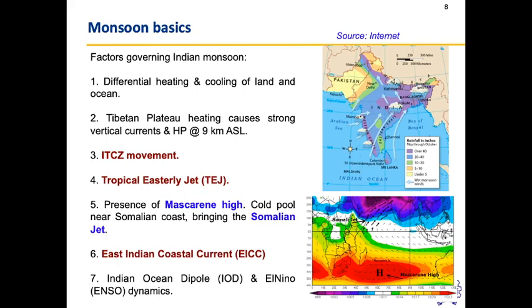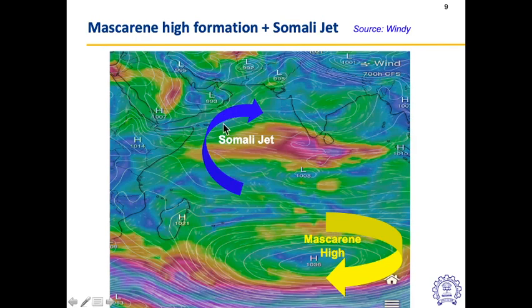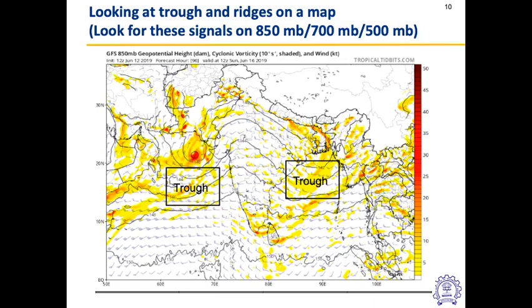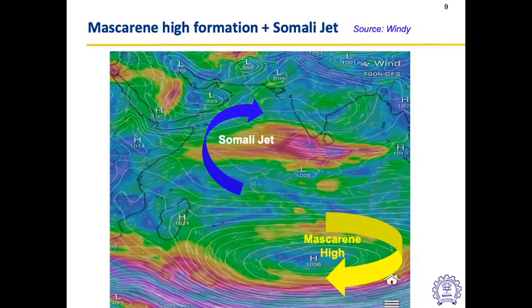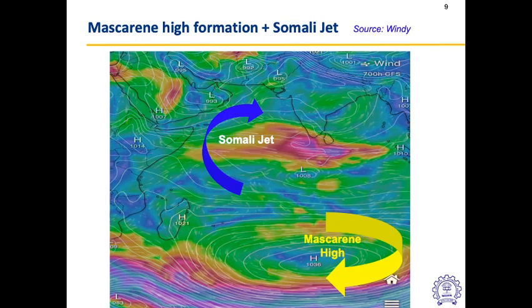In the previous video, I had covered the Tibetan High, ITCZ movement, tropical easterly jet, and the Mascarene High and Somali jet. So basically, we stopped where we said why the Somali jet forms and how these westerly winds are pushed into the Indian subcontinent, and these are the low-level westerly jets. Okay, so far so good, right? Next, I am going to show what is the effect of this westerly jet on our Indian monsoon. This is the basics of how the monsoon sets up.